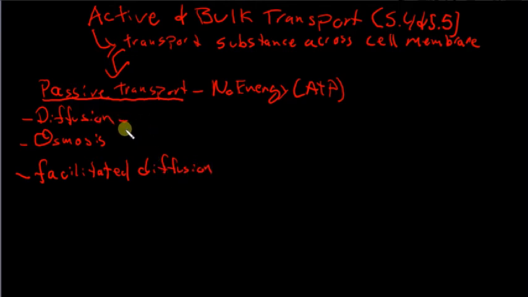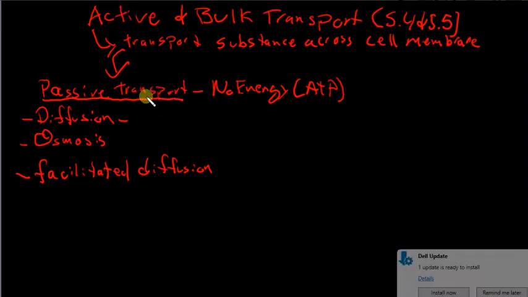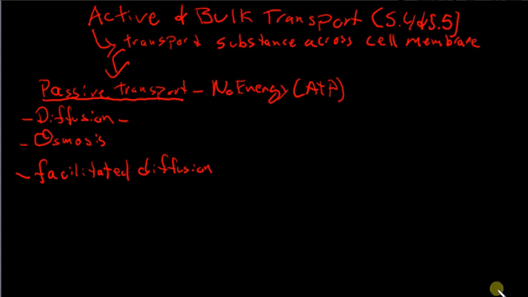So diffusion, really easy. What we did our labs on: substances tending to move from an area of higher concentration to an area of lower concentration. And osmosis, the diffusion of water. So these are pretty standard, pretty easy to get. I think after doing our labs, at least conceptually, we all are pretty solid in diffusion and osmosis. And facilitated diffusion,